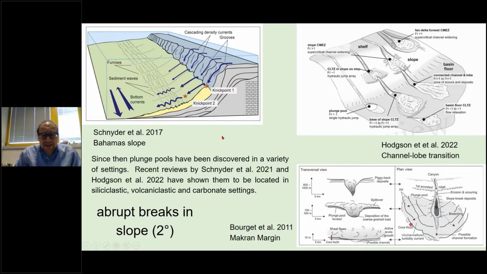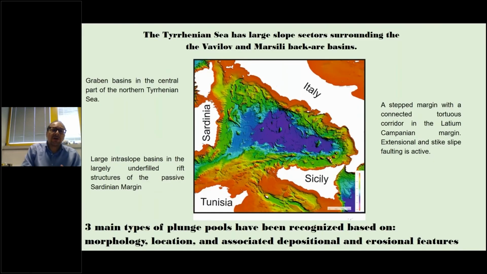And to further investigate the issue of plunge pool formation, I have analyzed data on the Tyrrhenian Sea, which is a good site for their exploration because it is a very complex slope setting. And we have, in fact, a passive margin along the Sardinian area with large intraslope basin and horst graben. And then on the Campanian margin, we have, on the contrary, a stepped margin with narrow terraces separated by steep